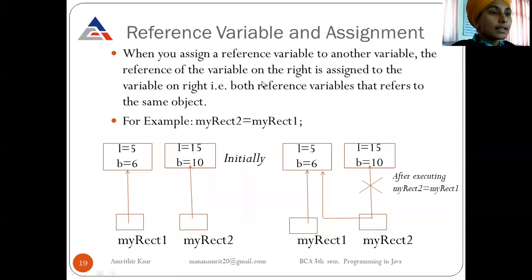So now let us see reference variable assignment. When you assign a reference variable to another variable, the reference of the variable on the right is assigned to the variable on the left. Both reference variables refer to the same object. For example, we have two objects, two reference variables, myrect1 and myrect2. Initially, myrect1 is pointing to